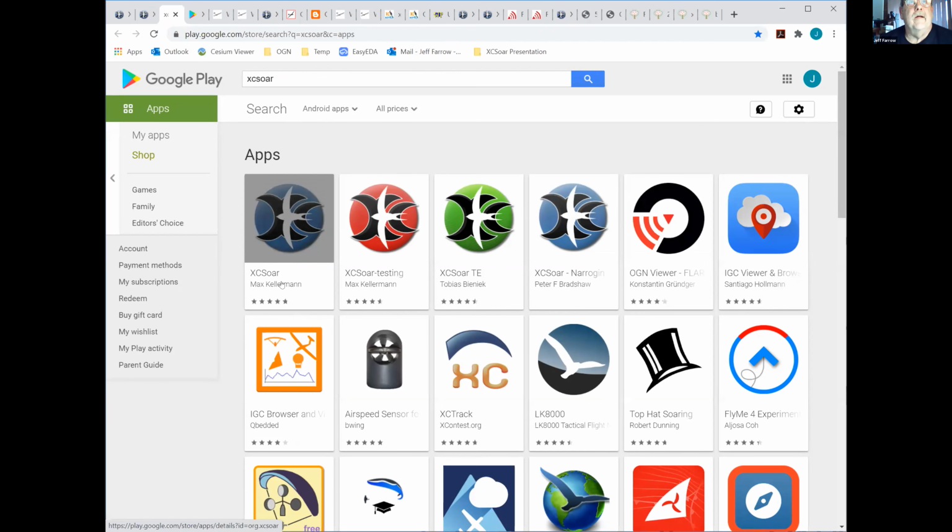This one here, the blue one with Max Kellerman's name, is the active, stable, current version. That's the one that you really want to be downloading. The version here is the testing version. In theory, it looks as though it's meant to be the beta testing one. But having a look into it, it looks as though it was sitting back at about version 12. In fact, I think it's an old one that's still sitting there.